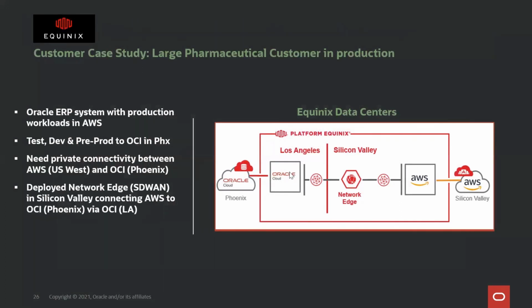And that is in an Equinix site, and they're on the fabric, and they are then connecting to AWS in Silicon Valley. This is a very typical use case that we're seeing in the multi-cloud environment with working with Fast Connect partners, connecting very simply between the OCI cloud and AWS cloud.